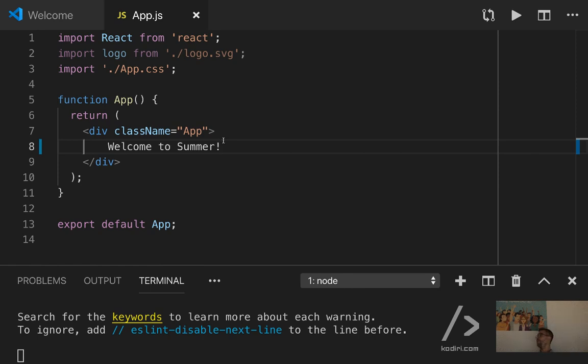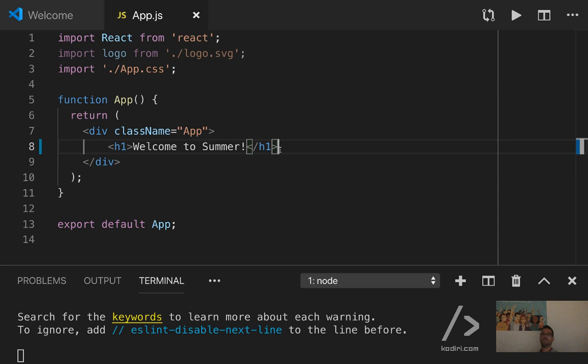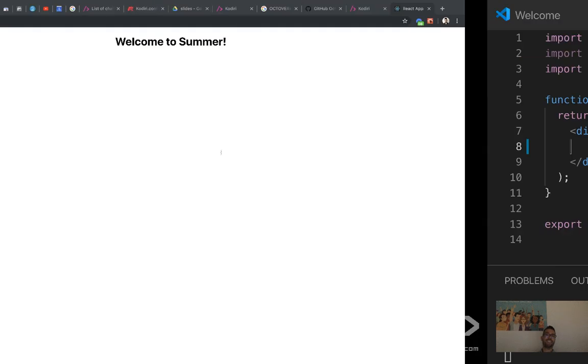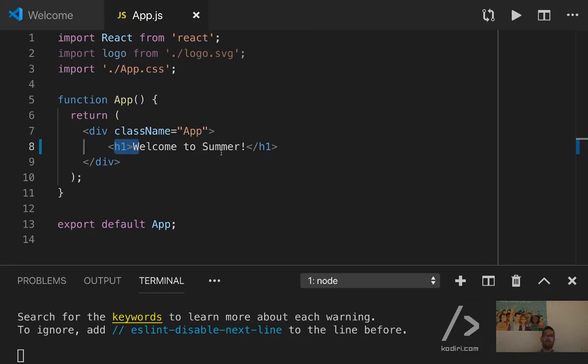Does anyone know in HTML how to change the size of the title? H1 tag, I love that. Look. If we surround our title with H1, let's see the difference. Looking better. And this is the very last thing, I promise, if we want to change the styling a bit,